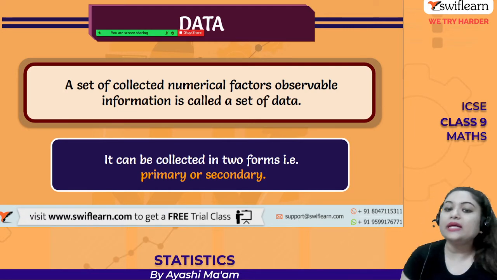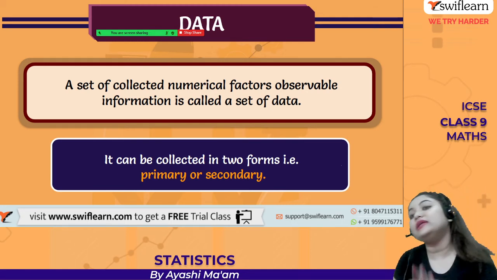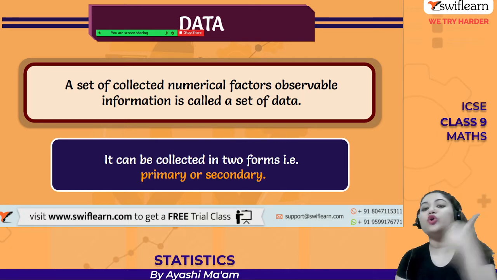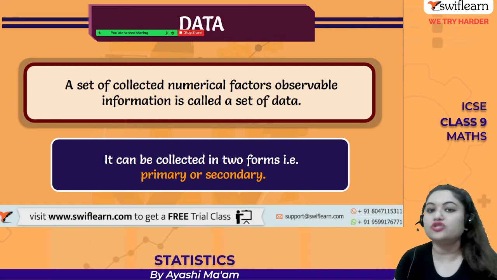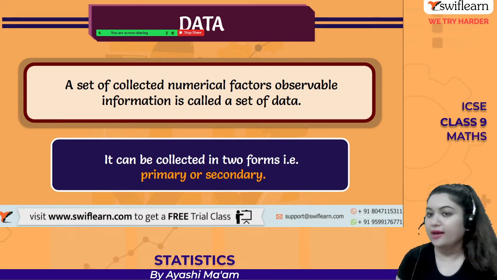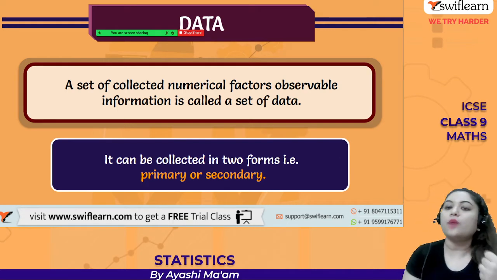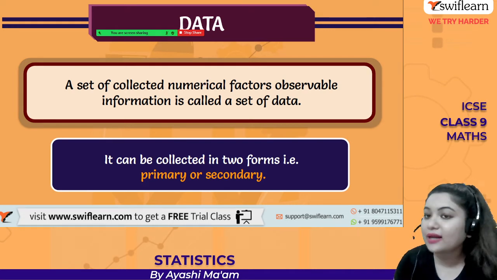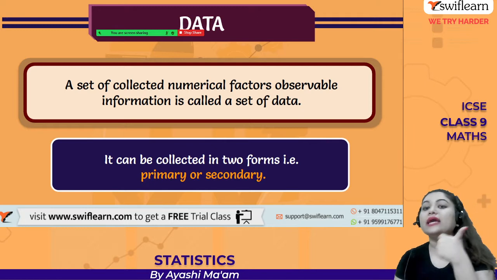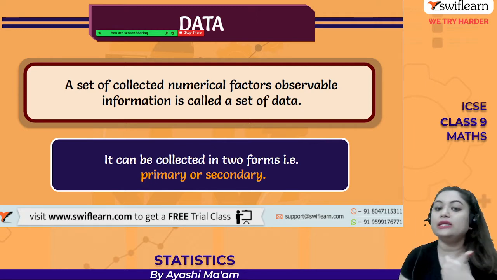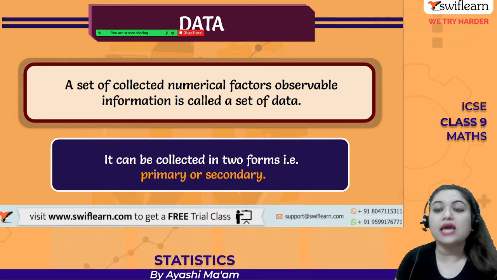और डेटा कैन बी कलेक्टेड इन टू फॉर्म्स, प्राइमरी और सेकेंडरी। ये सारी चीजें मैंने डिटेल्स में पार्ट 1 में ऑलरेडी कवर्ड की हैं, ठीक है। एक होता है प्राइमरी डेटा, मतलब अगर आप खुद जाके कोई डेटा कलेक्ट कर रहे हो, जैसे सपोज आपको कोई प्रोजेक्ट करना है किसी पर्टिकुलर टॉपिक के ऊपर, तो उस टॉपिक के ऊपर आप बहुत सारी इंफॉर्मेशन कलेक्ट कर रहे हो, तो आप खुद ही इन्वेस्टिगेटर हो, तो वो आपका प्राइमरी डेटा हो जाएगा।